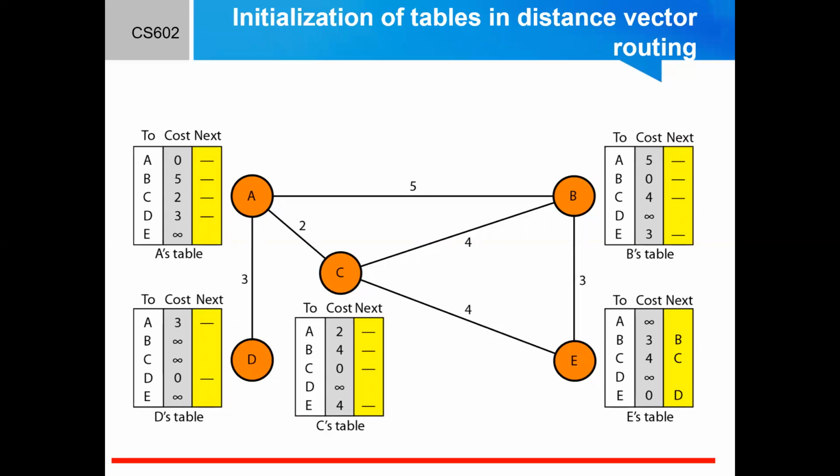First, we have to initialize the tables in distance vector routing. When the tables are stable, each node knows how to reach any other node and the cost. At the beginning, however, this is not the case. Each node can know only the distance between itself and its immediate neighbors, those directly connected to it. So for the moment, we assume that each node can send a message to the immediate neighbors and find the distance between itself and these neighbors. This is the initial table for each node. The distance for any entry that is not a neighbor is marked as infinite. That means it is unreachable.